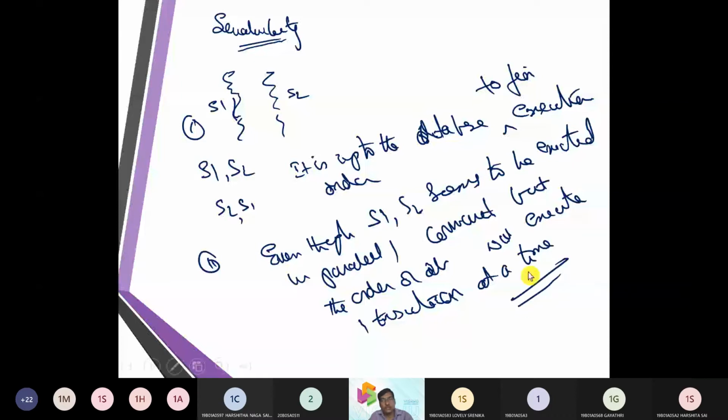So this was the takeaway regarding serializability.